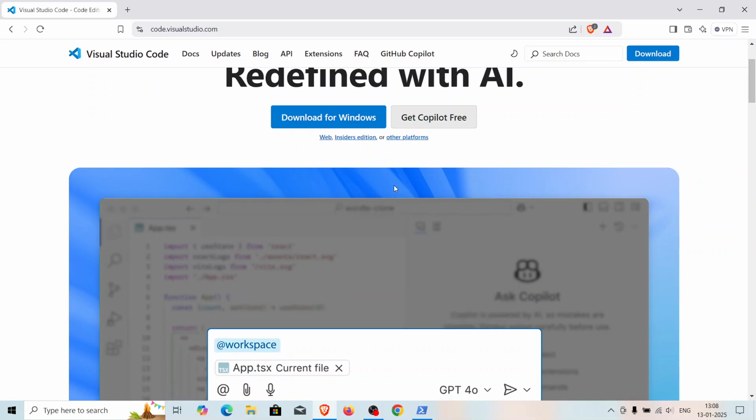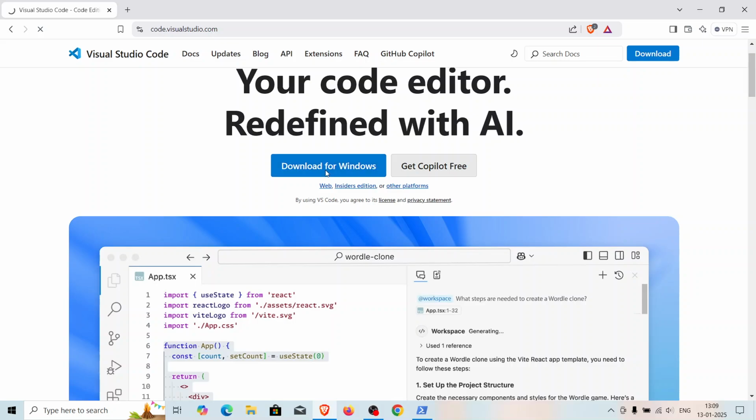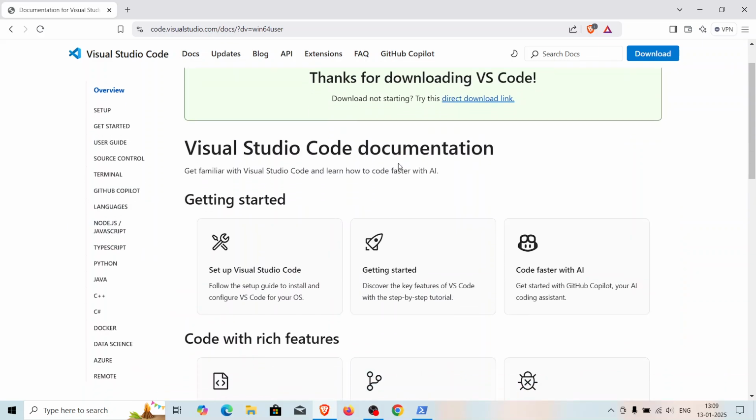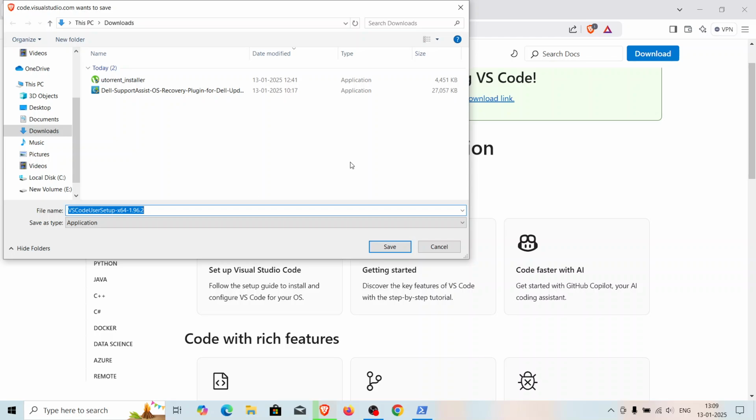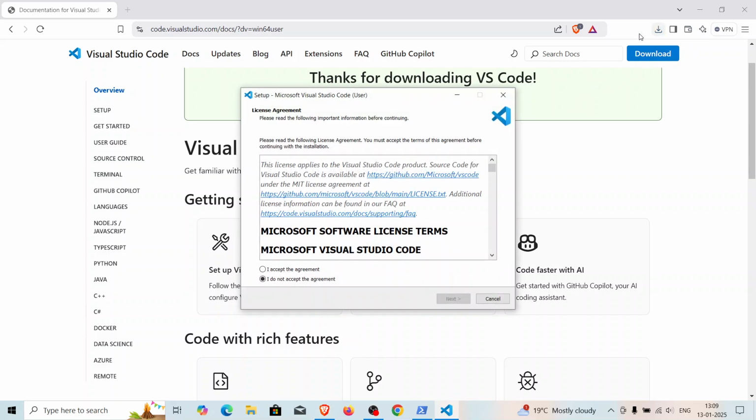and click here, download for Windows. So it should automatically start downloading the installer. And from the download, click on this, click on the download and then accept the agreement,